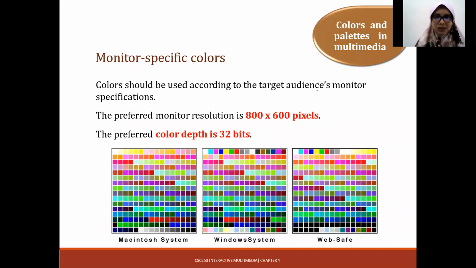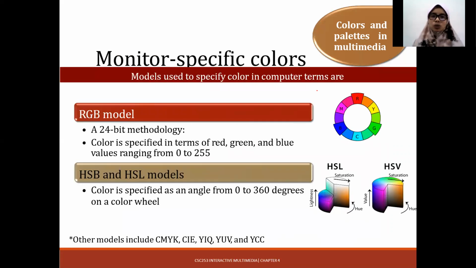Monitor specific colors. Colors should be used according to the target audience's monitor specification. Usually for our screen, we can select what type of resolution we are going to use. The preferred monitor resolution is 800 times 600 pixels, and the preferred color depth is 32 bits. Can you imagine, if you have 24 bit, you have 16 million colors. So if you have 32 bits, how many million colors? That's why it looks smooth and the colors look nice. Right? Okay, so monitor specific color,